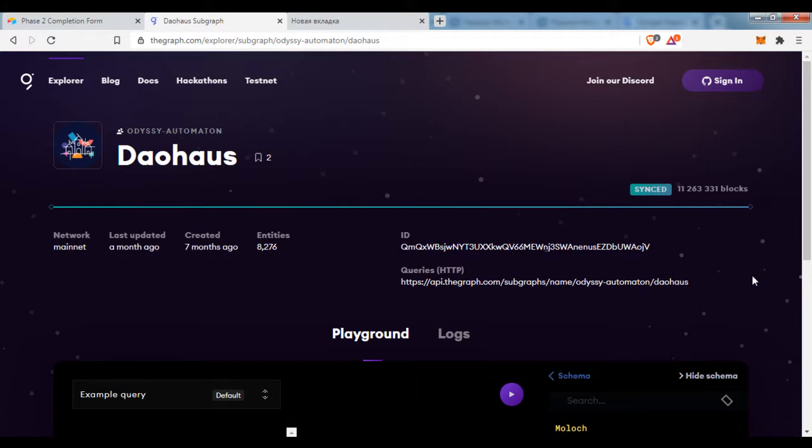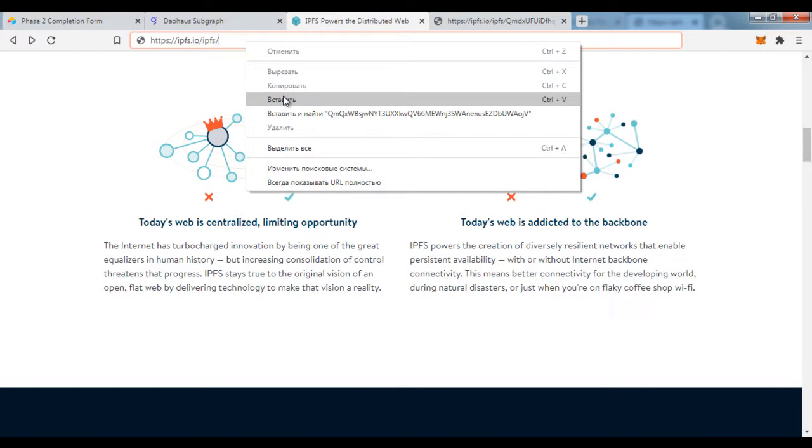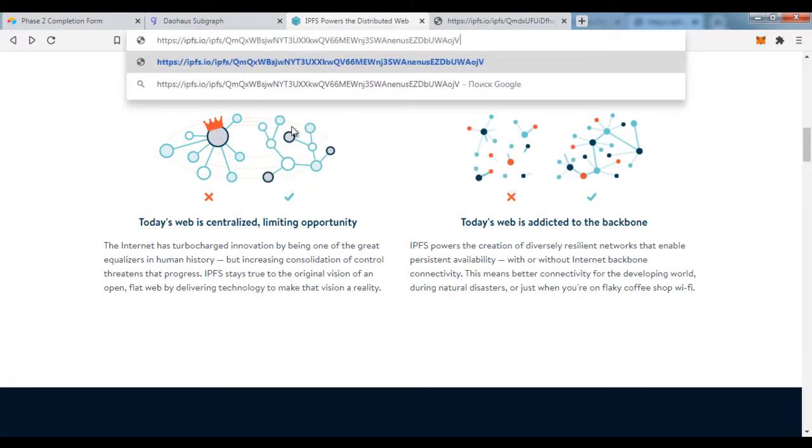Unfortunately, the absence of a link to the GitHub complicates the work of the curators and the assessment of the subgraph, since the main body of information, first of all the subgraph code, is hidden from us. Therefore, we will have to look for information about the project in other sources. This is going to be a little tricky, but I will tell you how. First, we need to find the project itself for which the subgraph is built and paste it in this address